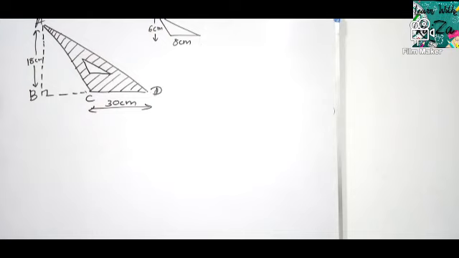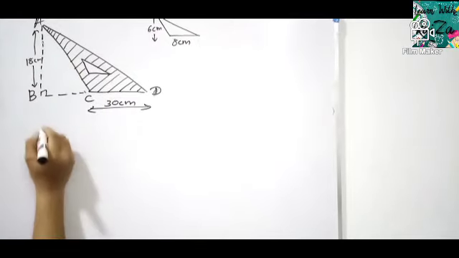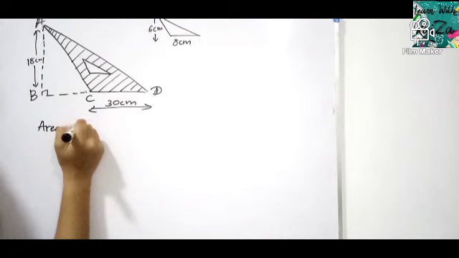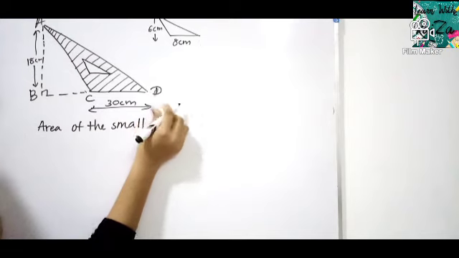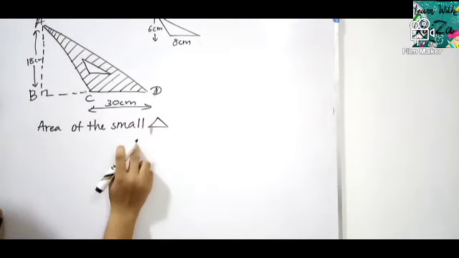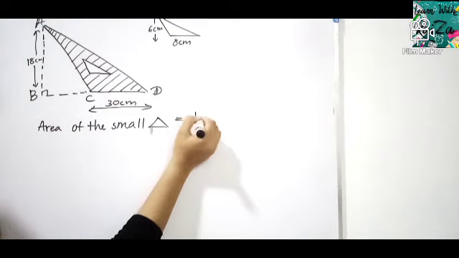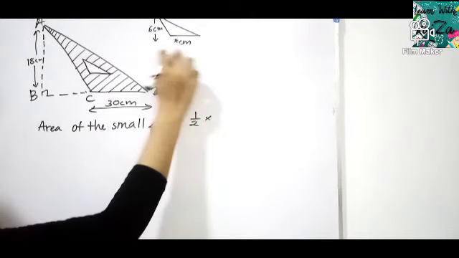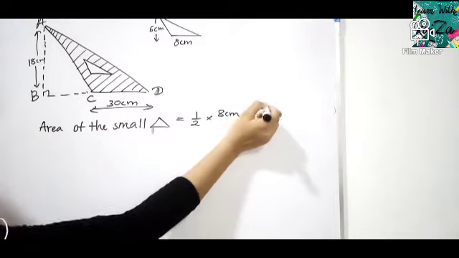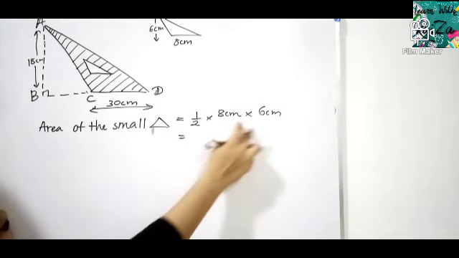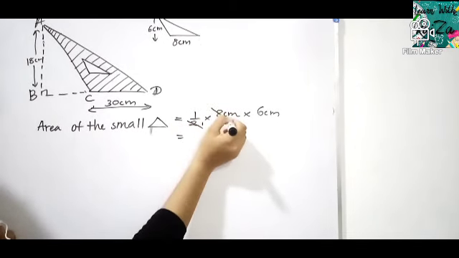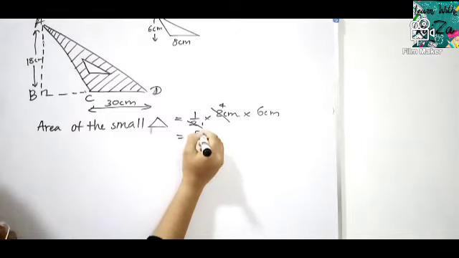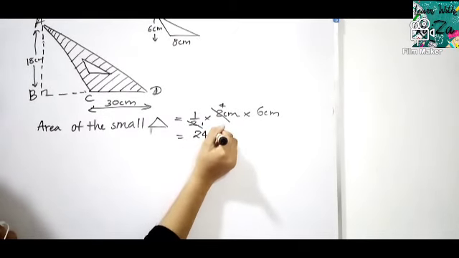Okay. Now see, first of all, I am going to take the area of this small triangle. What type of triangle is it? Acute, obtuse or right angle? Yes, obtuse triangle. So what is the equation? Half into base into height. Here the base is 8 cm, height is 6 cm. 8 into 6. Before we multiply, we can cancel easily. 2 times 1 is 2, 2 times 4 is 8, 4 times 6 is 24. Centimeter times centimeter is square centimeter.